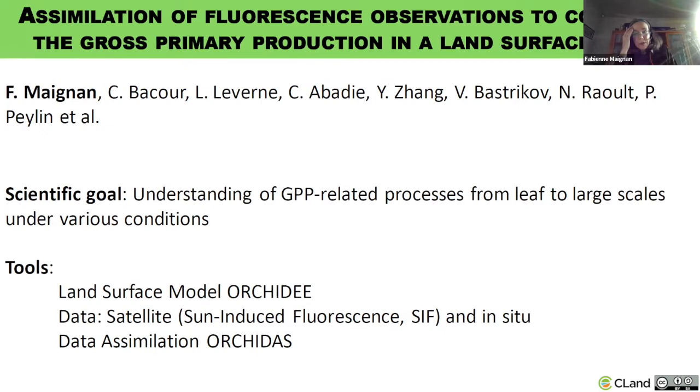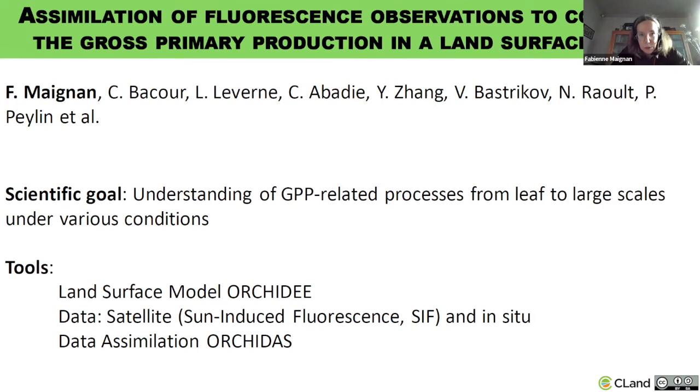Okay, so my name is Fabienne MAIGNAN. I'm a researcher at the Laboratory for Sciences of Climate and Environment. I'm a land surface modeler working with the ORCIDEE model. And so my present scientific goal is to understand the GPP related processes from leaf to large scale under various